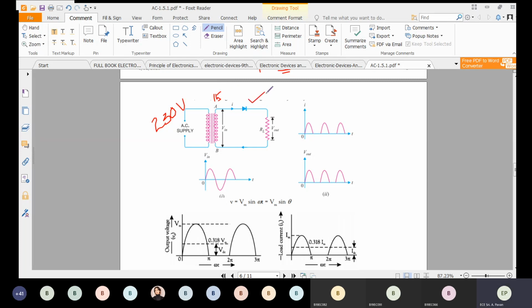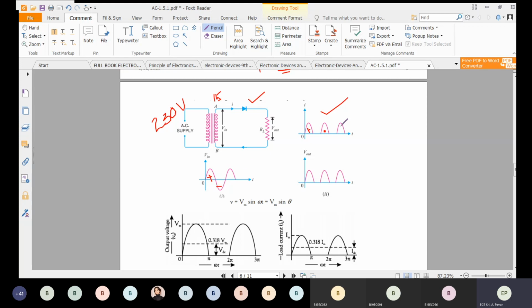Right? Now we have a diode here, and a load. The input is a sine wave in this way. The output is obviously like this. Why? Because during the positive half cycle, the diode is forward biased. That's why we'll get the same positive half cycle. During the negative half cycle, the diode is reverse biased. Output is 0. Again, for the second positive half cycle, the diode is forward biased, and I will get a positive output. Then for the second negative half cycle, the diode is reverse biased, and the output is 0.